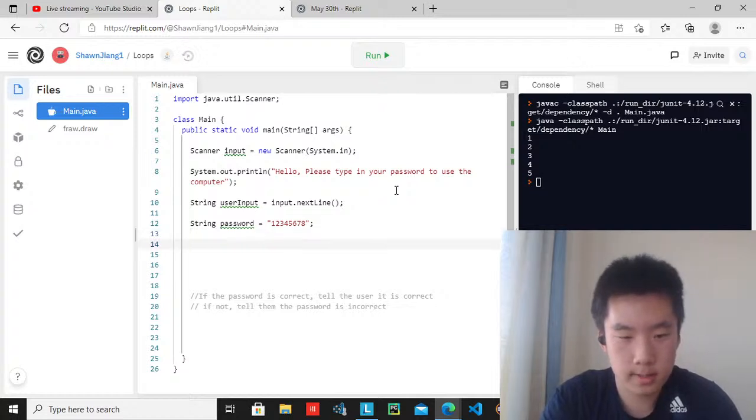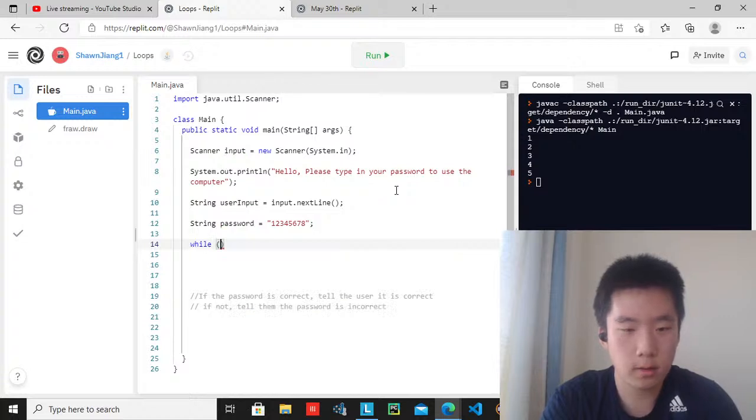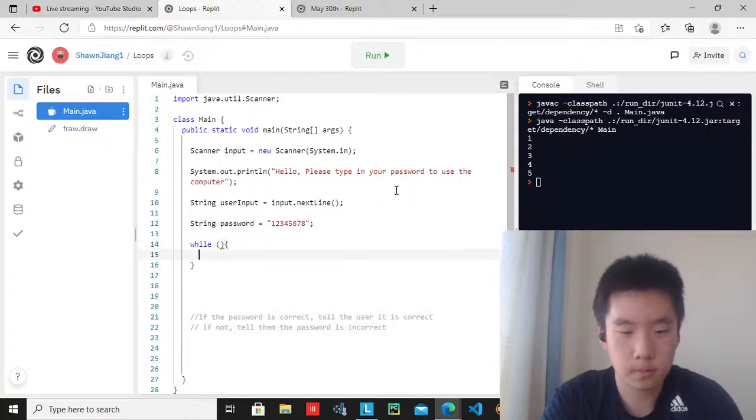Alright, so now this is the main part. The idea here is that we have to compare, right? And so tell them that it's correct only if the password and user input are the same, right? And so we'll use an if statement for that. But before that, we'll create a while loop and we'll create a condition. So while the